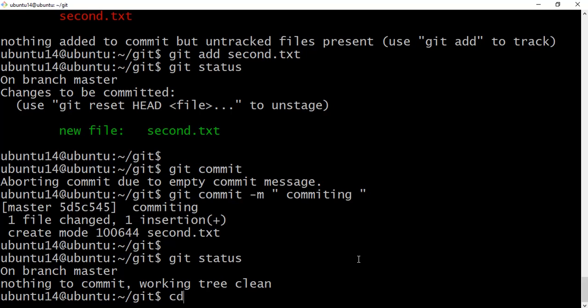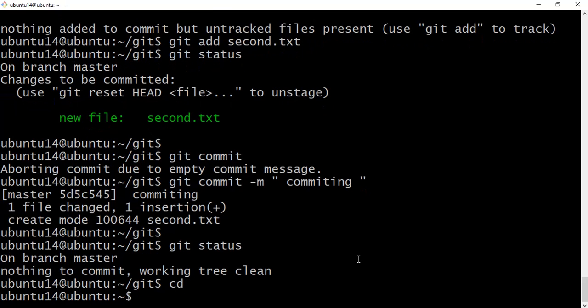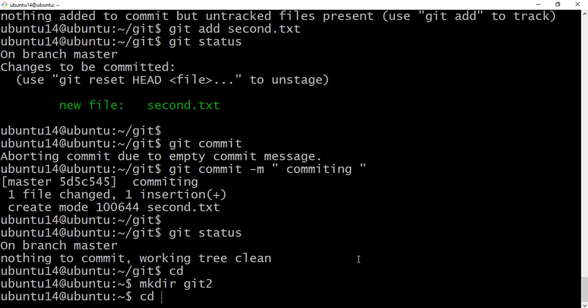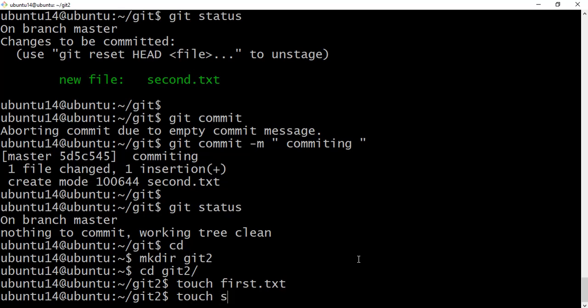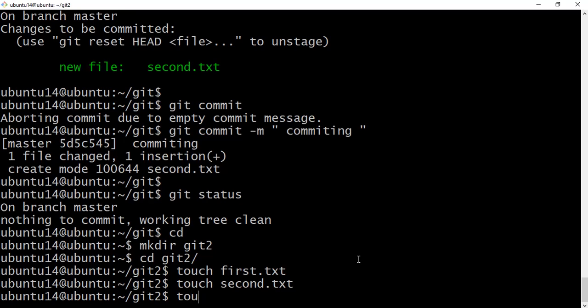So in this scenario, I will create one more folder like git2, and I am going to the git2 folder, and here I am creating touch first.txt, touch second.txt, touch third.txt.